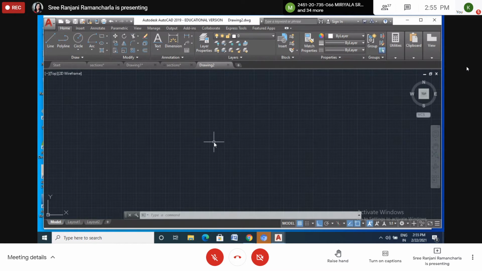Draw its front view and sectional top view.